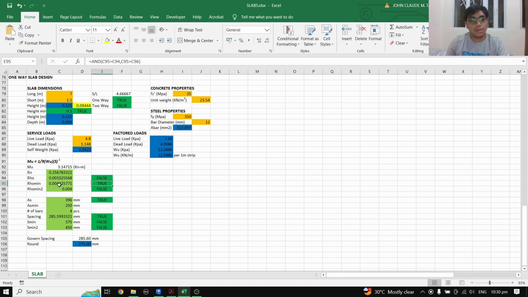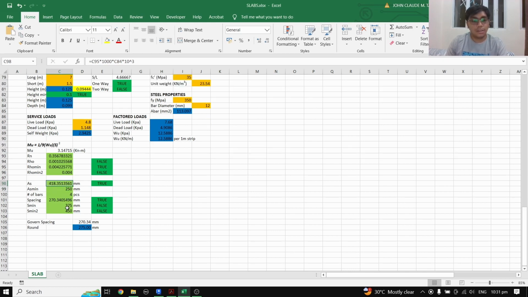So our governing rho here is rho min, and we also need to make sure that we use the governing rho, and our AS is governed over our AS min, and our spacing is 1000 over the number of bars, and we can use 270 or lower,